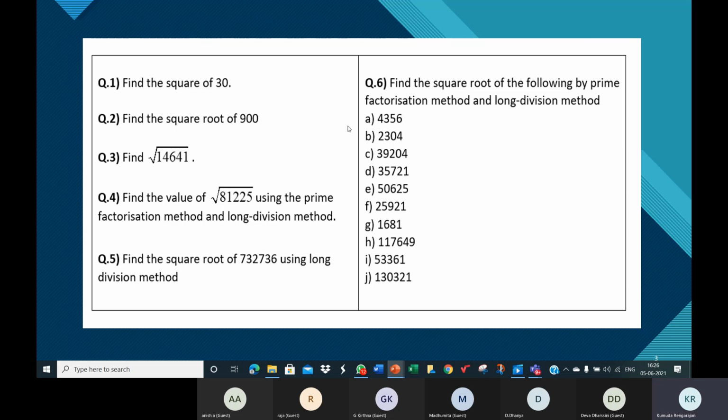Now, what you're going to learn ahead is how to find the square of 30, as you just learned. What is the square of 30, children? 900. The square of 30 is 900 because the square of 30 means 30 into 30, which is 900. 3 3s are 9 and you need to add 2 zeros, so 900.